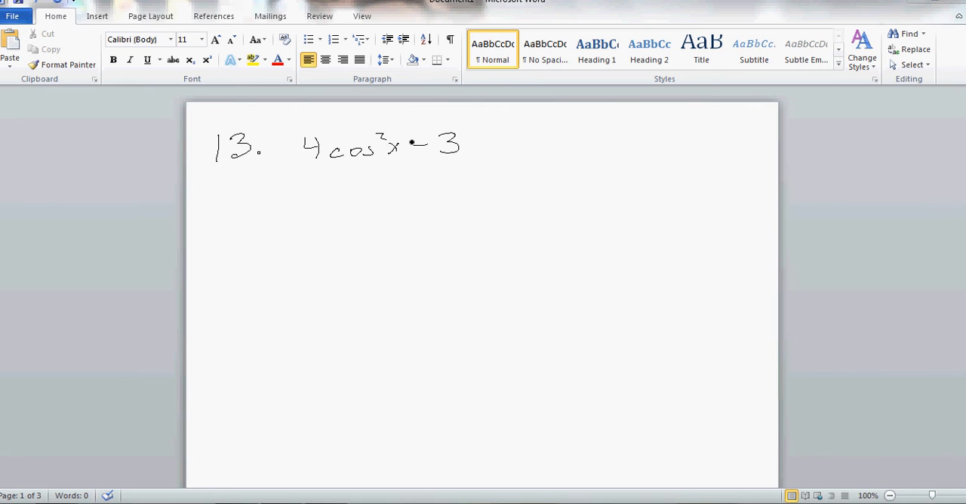Well, in order to find the x-intercepts, that means the y value is equal to 0, so all we have to do is set this equal to 0 and solve. So this is really no different than what we have been looking at in the past. So the first thing I will do is add 3, divide both sides by 4, and then take the square root of both sides. Do not forget the plus or minus, and so it will be plus or minus the square root of 3